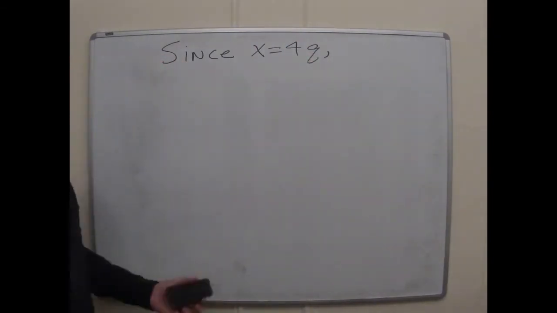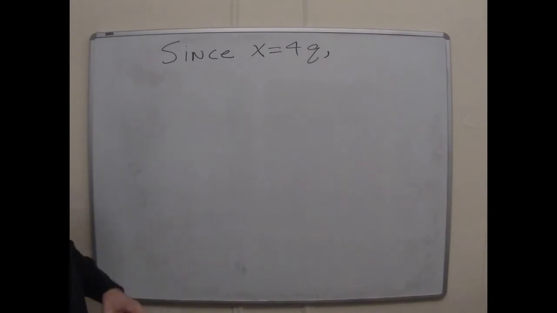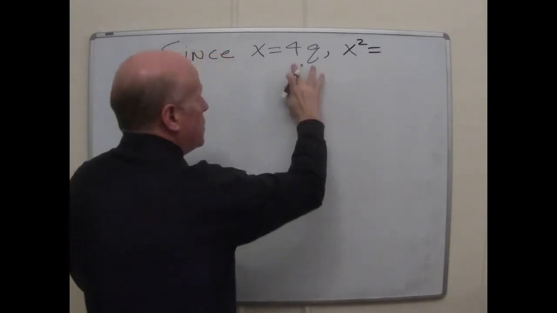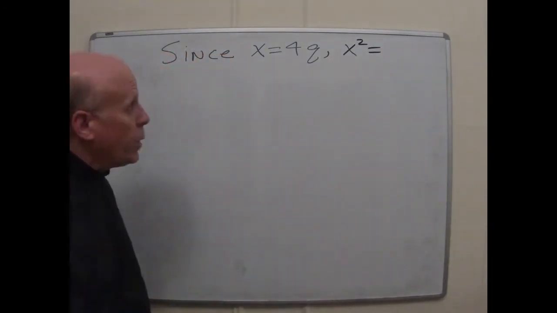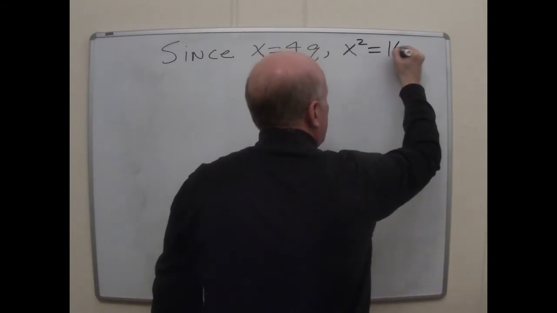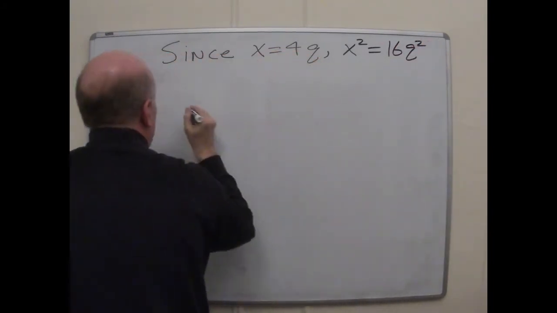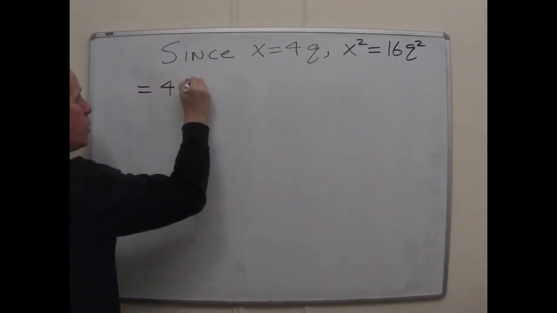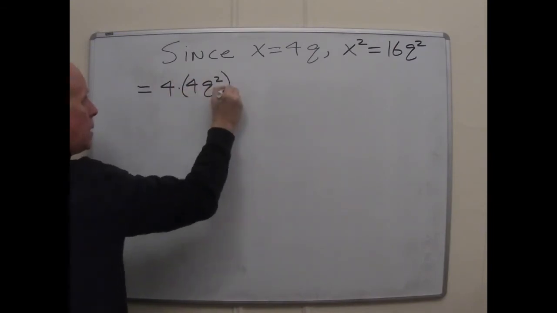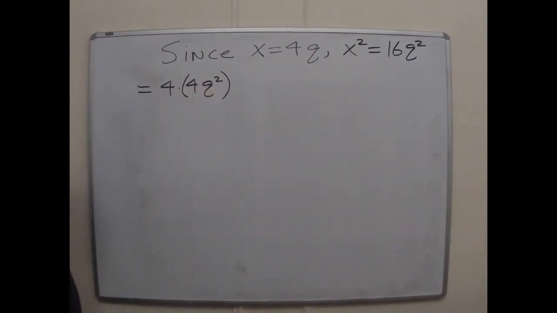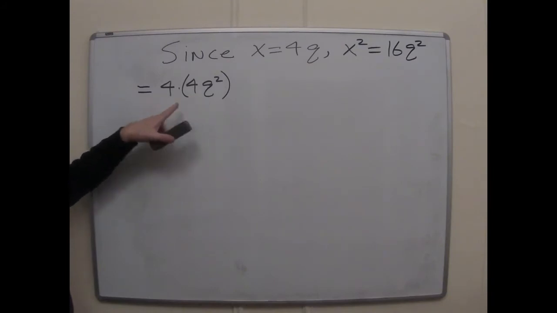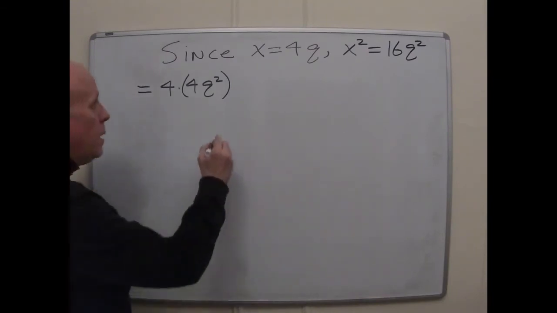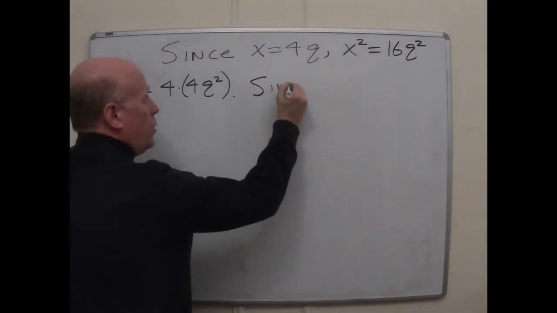And what we're trying to do is prove that x squared looks a certain way. So just figure out what x squared is then. Well, you want to square 4q, you'll get 16q squared. And just taking that one step farther, that's 4 times 4q squared. Great, so what does that say? It looks like a multiple of 4. This x squared is 4 times something, and is there a remainder? No. Alright, so since 4q squared is an integer,